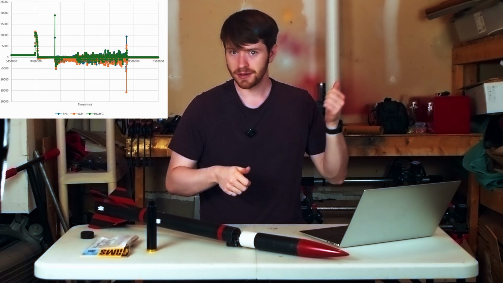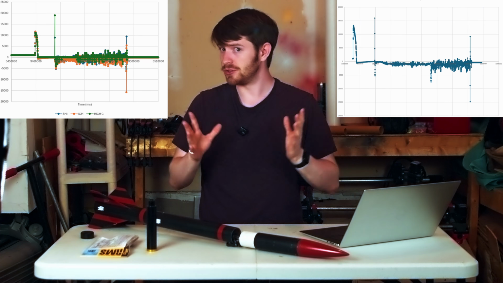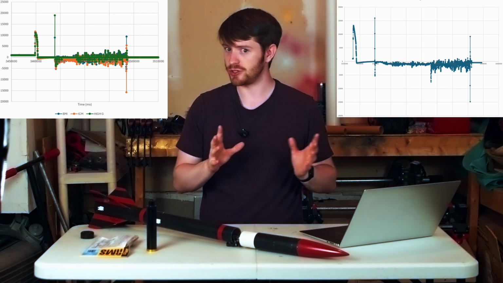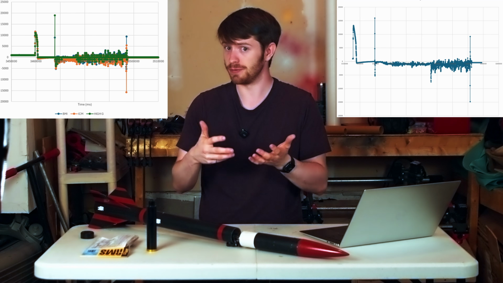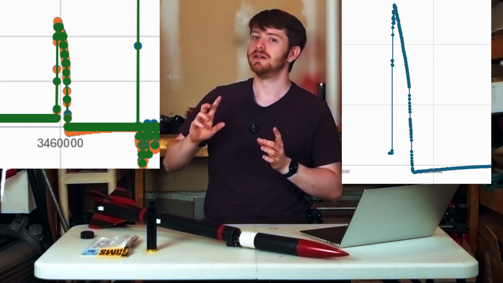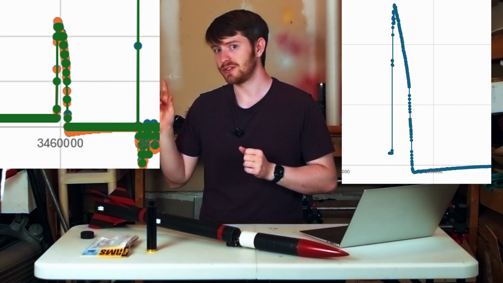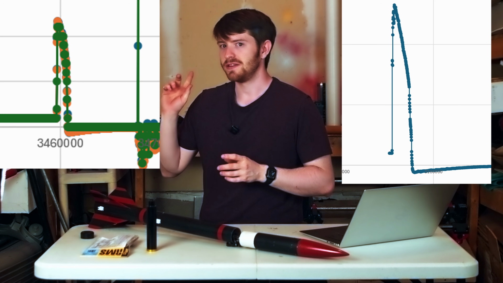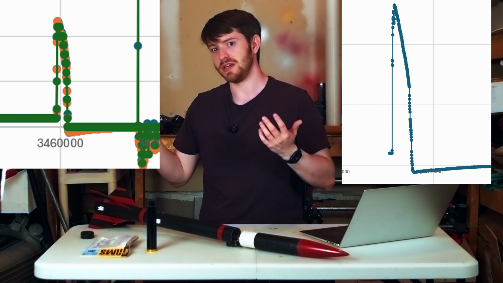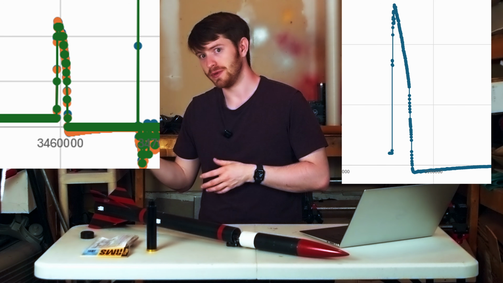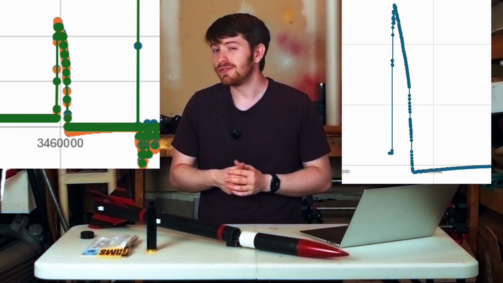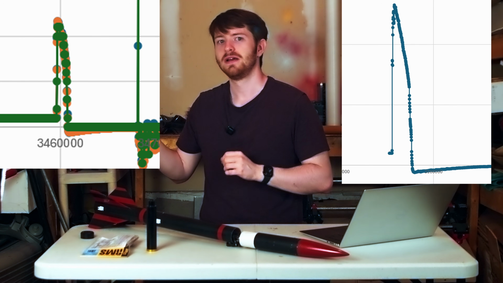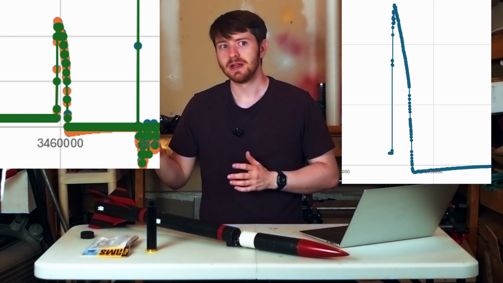Right here is Flight 3, right here is Flight 4. Overall, when you zoom out, they are quite similar, but if I zoom into the individual stages of the flight, starting with the acceleration or the boost, the beginning of the burn, you'll notice that there's a lot fewer data points on Flight 3 compared to Flight 4. In this case, the gap in Flight 3 is the 32 Hertz rate, which, when you work it out, works out to roughly 3.1 meters of distance between each reading when the rocket was traveling at its top speed,